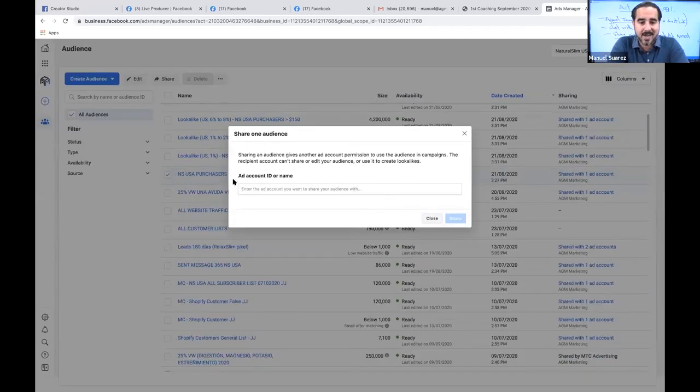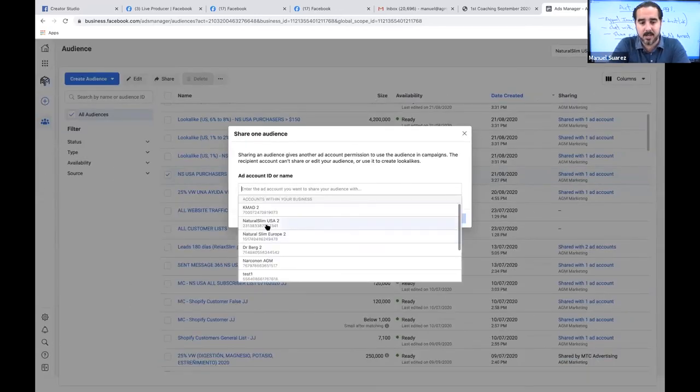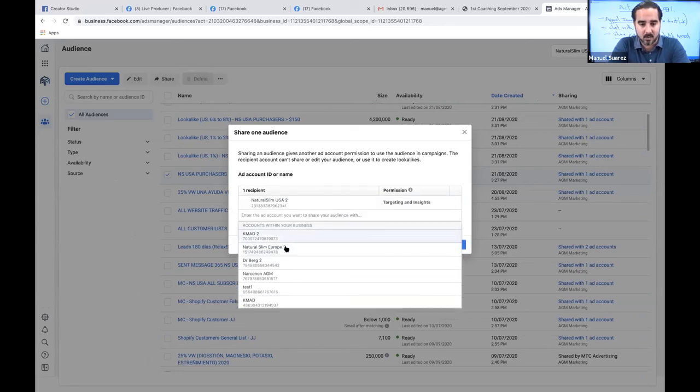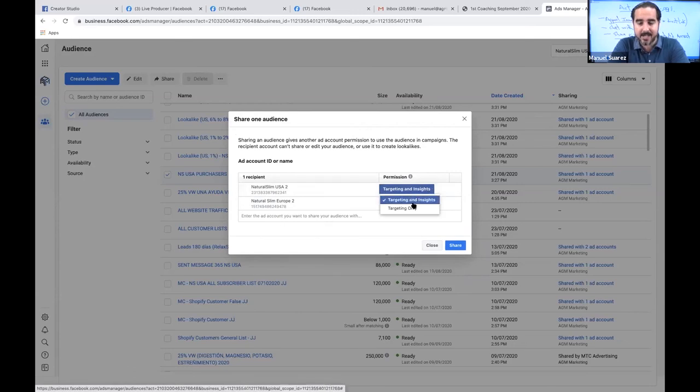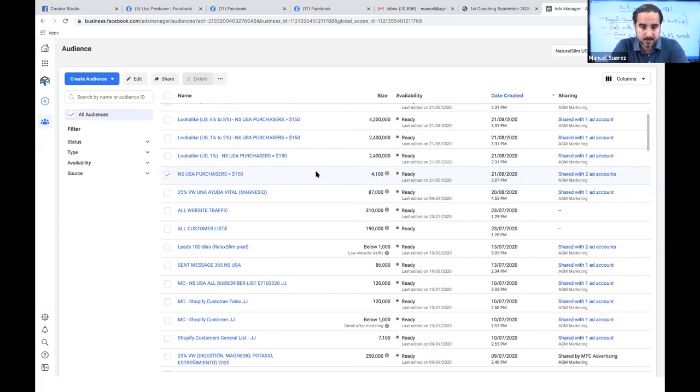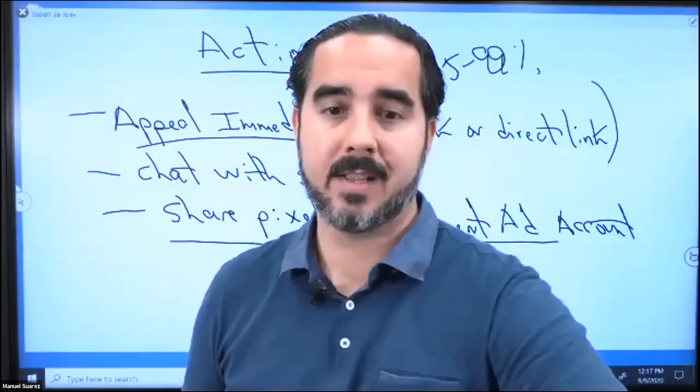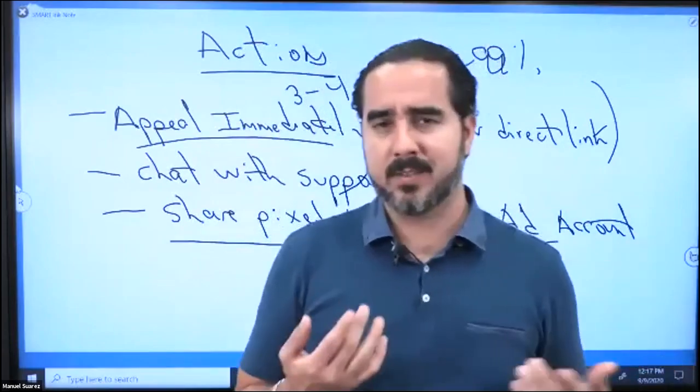And as long as the ad account is inside my business manager, I can bring it in. Actually, let's go ahead and do it to Natural Slim Europe too, both of them. And I can allow targeting and insights or targeting only. So I'm going to go ahead and share. And just like that, that ad account can now target the Natural Slim USA purchasers too and have that data there and use it for lookalike audiences and things like that.